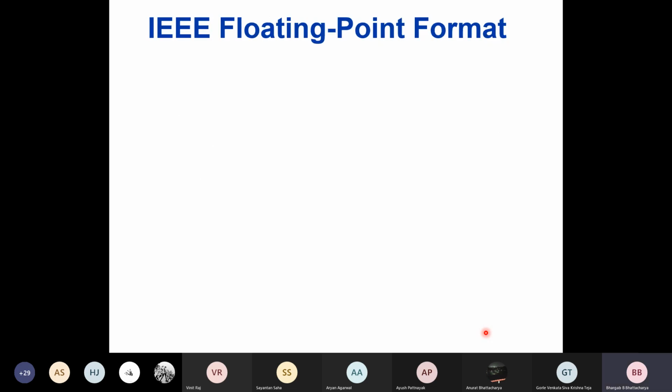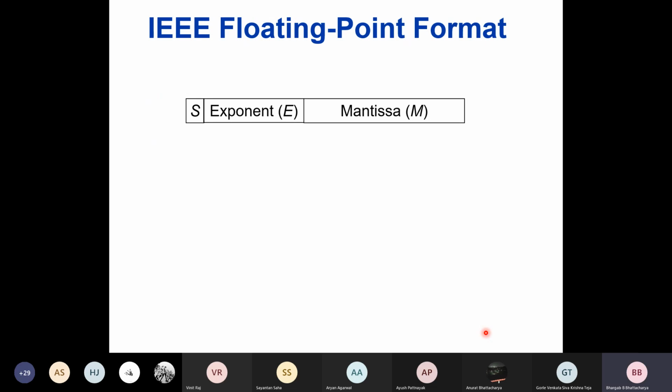Okay, so what is the format then? You have three fields, right? Sign, exponent, and mantissa. Please tell me what is the purpose of these fields. Sign is of course trivial. If it is 0, then it is a positive number. If it is 1, then it represents a negative number. So my question is, what is the exponent and what is the mantissa? What do they signify, and how do we determine the boundary between the exponent and the mantissa?